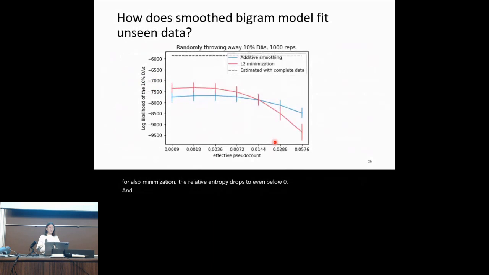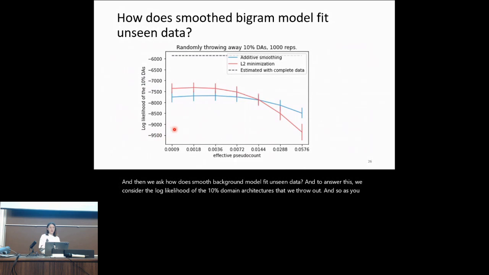And then we ask, how does the smoothed bigram model fit unseen data? And to answer this, we consider the log likelihood of the 10% domain architectures that we threw out. And so when you start with a small effective pseudocount, L2 minimization does better than additive smoothing, because